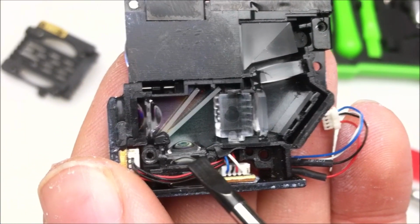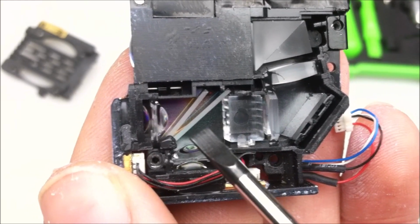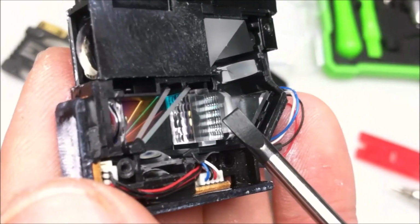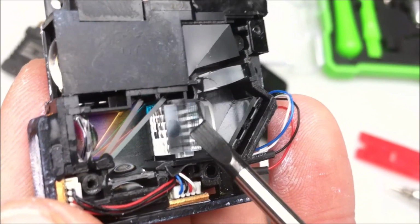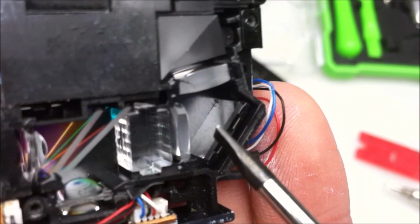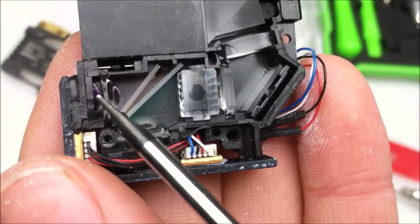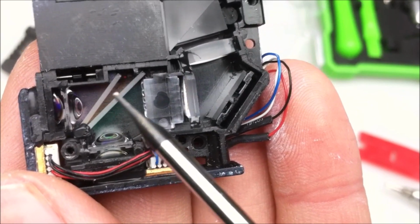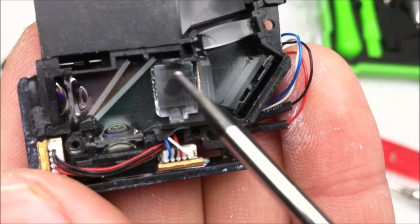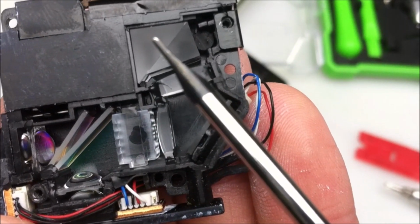Looks like we have the red and blue LEDs here, and the two dichroic pieces of glass that mix the red and the blue with the green LED here. So the white light comes in through here. Got this little micro lens arrangement for making the light more even. Another little lens right here, mirror here, and then that little funky prism thing. So green light comes through here, red light, blue light coming through here. They get reflected off these two pieces of dichroic glass. It makes the cycling red, green, and blue light here, which reflects off this mirror up this way through this